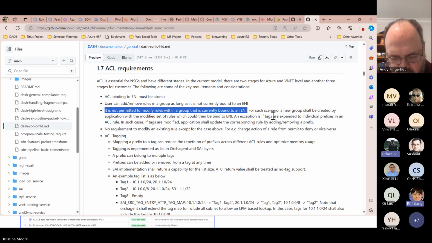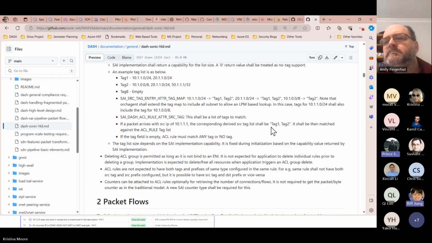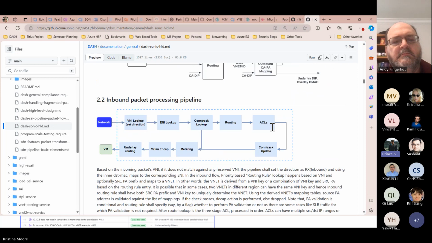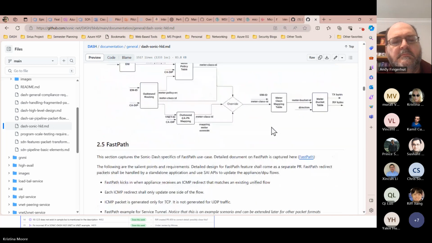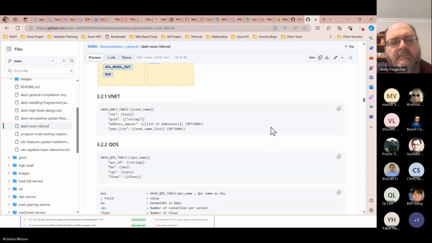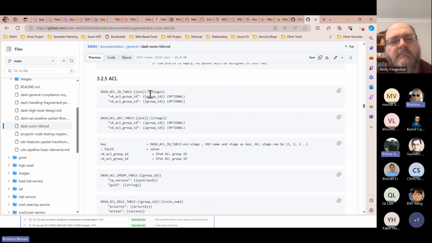So can you scroll down? I think we have that stage also, I believe. Can you scroll down to the echo? Keep going. Okay. Yeah, keep going. Keep going, sure. Yeah, right here. See, I think the stage is part of the key when we create the